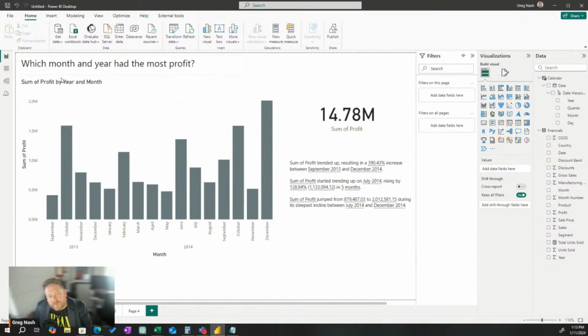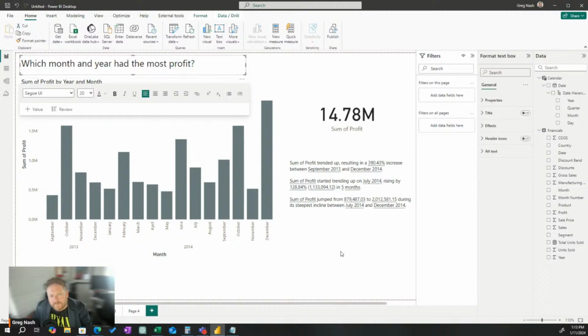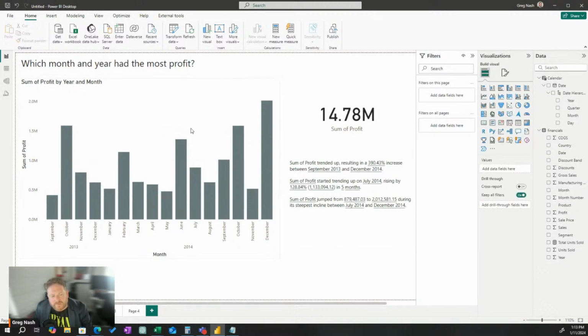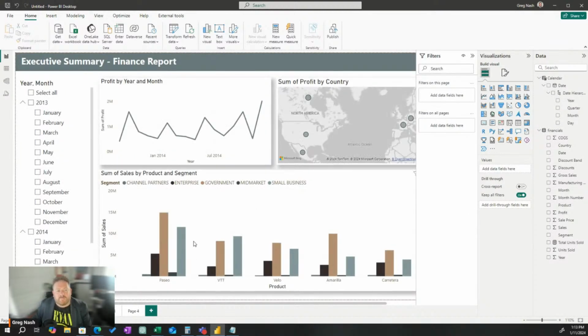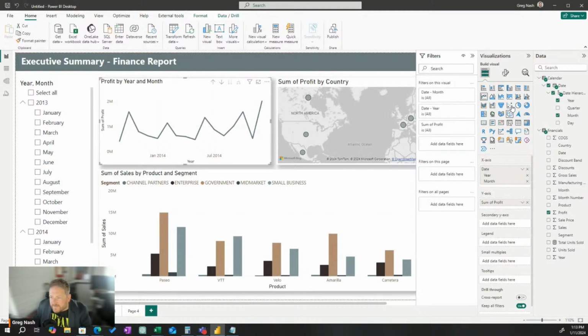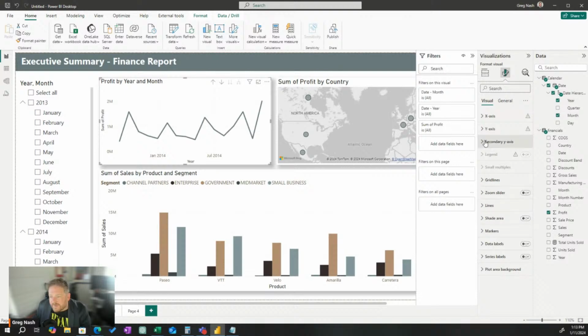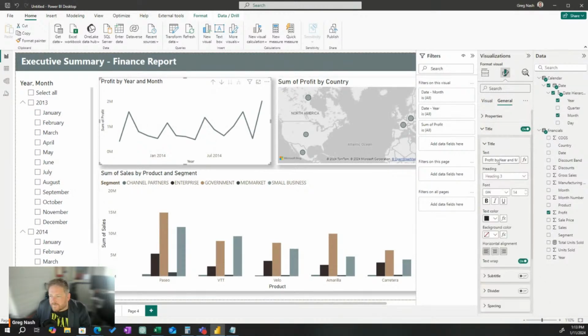Yeah, I think the point is made though, that if you've got a question, and this is a relatively simple question, answer the question. Don't do this. Don't create a blat of stuff on a page. Now, could you argue that this individually answers the question? If that's the case, then put the question in the title of the visualization. Put it here in the title.